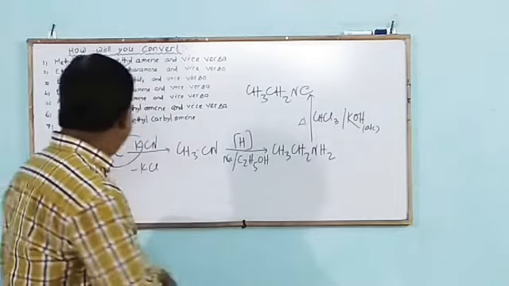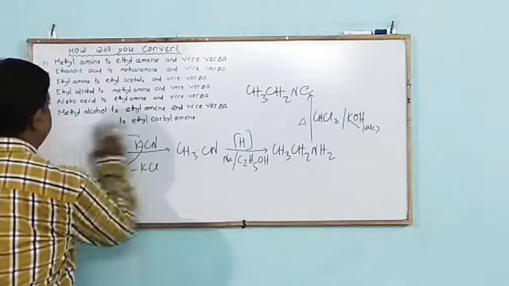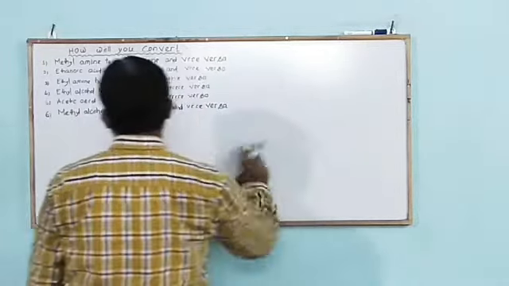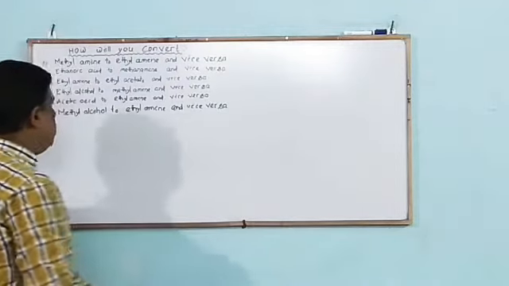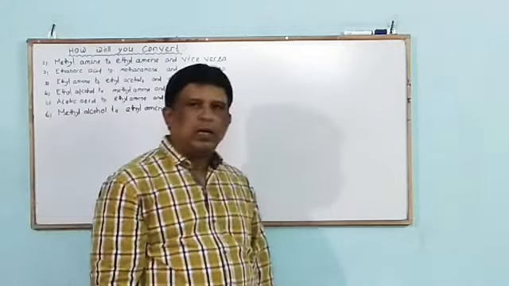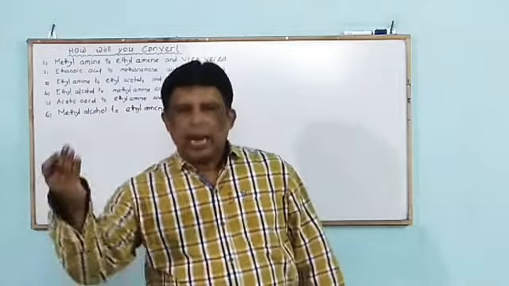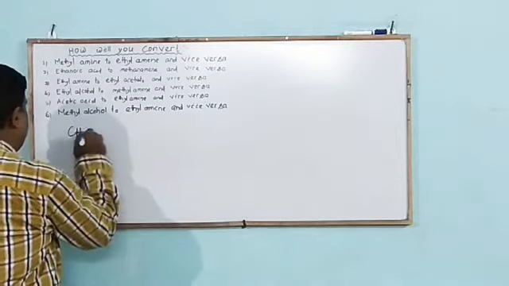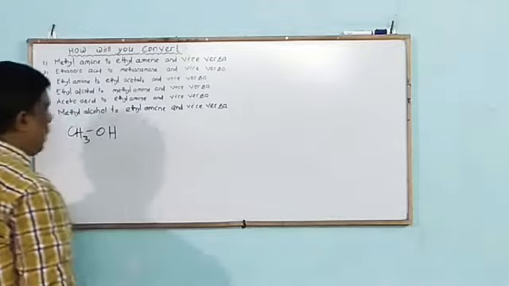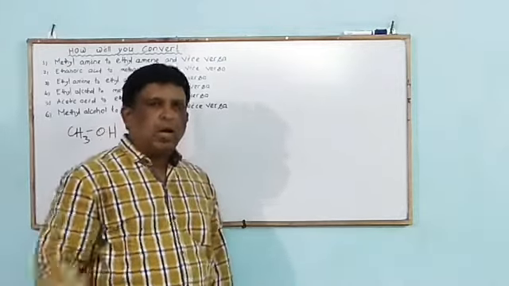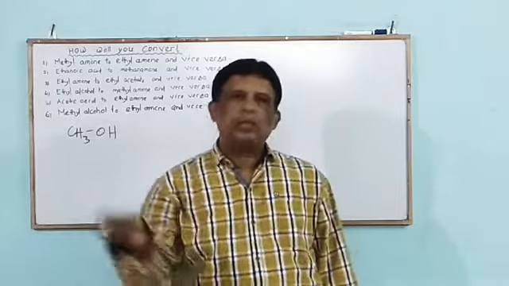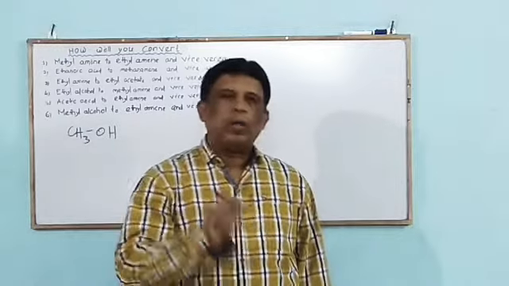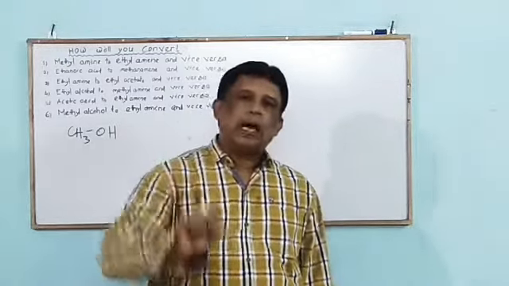Mark the next question. Next question is methyl alcohol to ethylamine and vice versa, that is, methyl alcohol to ethylamine and ethylamine to methyl alcohol. First is methyl alcohol to ethylamine. It is a step up reaction, or ascending series. During this we have to insert one carbon atom. It is possible either by Wood's reaction, or by inserting cyanide, or by adding Grignard reagent.